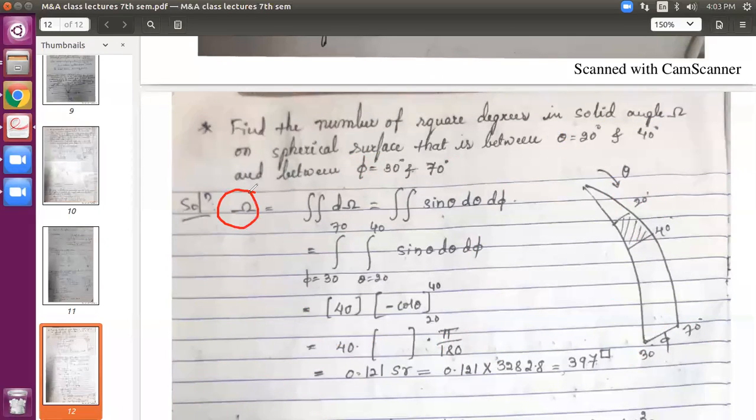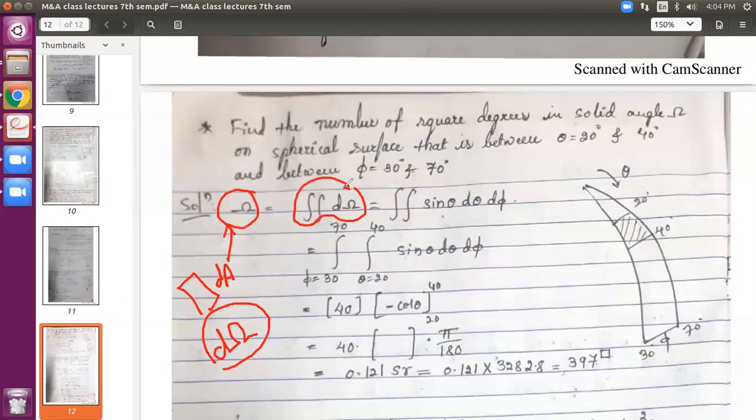We know that omega is your beam angle or beam width, but in order to calculate this beam width, how have we started? We took a small patch for BA, and always this d of something represents a smaller incremental value. If you integrate this, you will get the whole value. This concept we have been applying even in electromagnetics also. We take a small part, apply certain concepts on that, and extend it to the complete by integrating. That's what we can do here also.